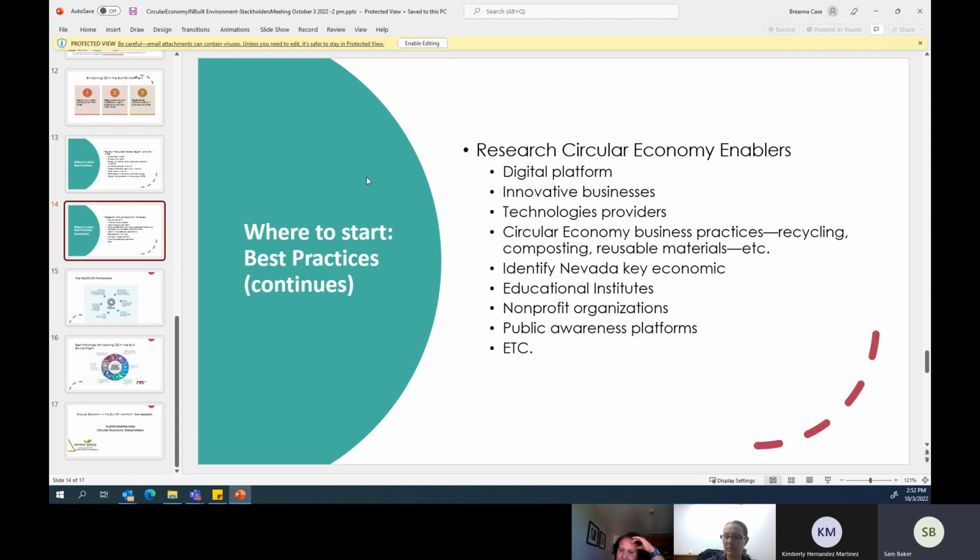And then there's another company that approached us about a platform for businesses to sell each other their old materials, like old desks and office supplies and things like that. So it's a platform for that. It's not that they're doing the recycling. It's more of a way for people to interact with each other.